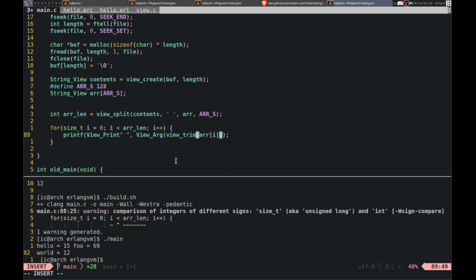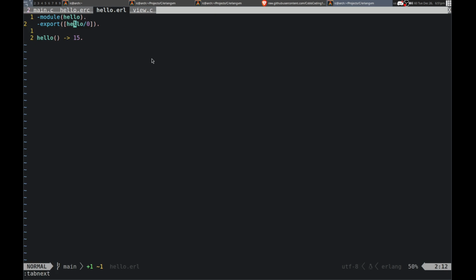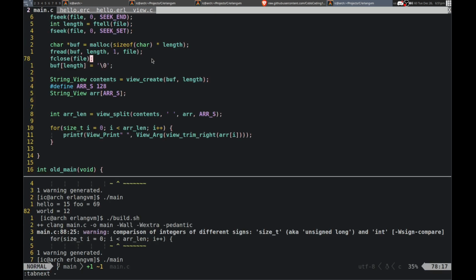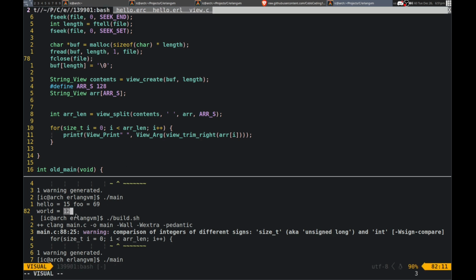You trim right of that. Okay, something like that. And then, it doesn't actually work. It worked for this one though, because before it had the new line at the end, but not on this one. Interesting.